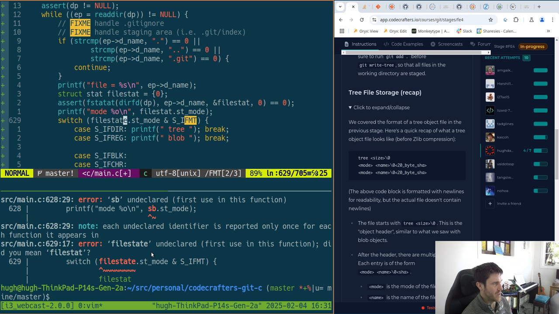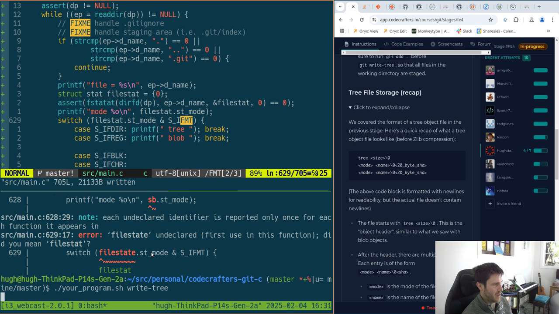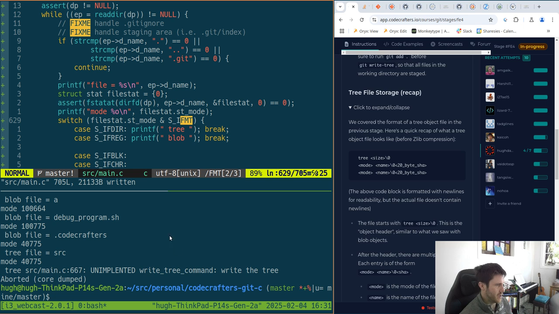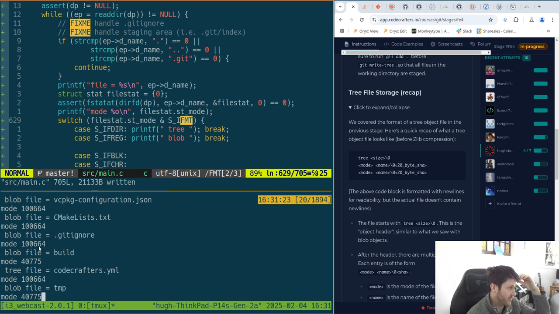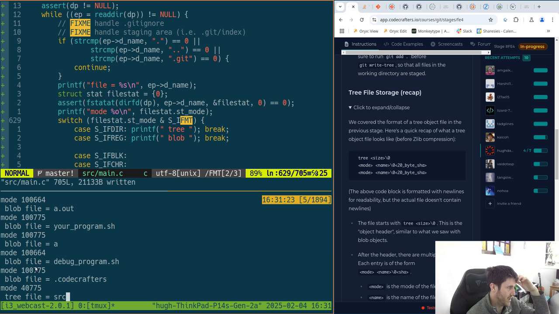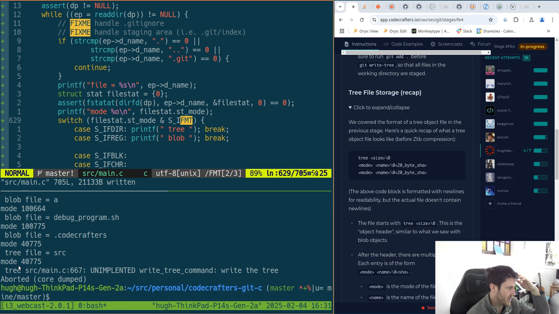That looks like it did some things. So what do we have? We get the mode as it's meant to be written. This is looking good,